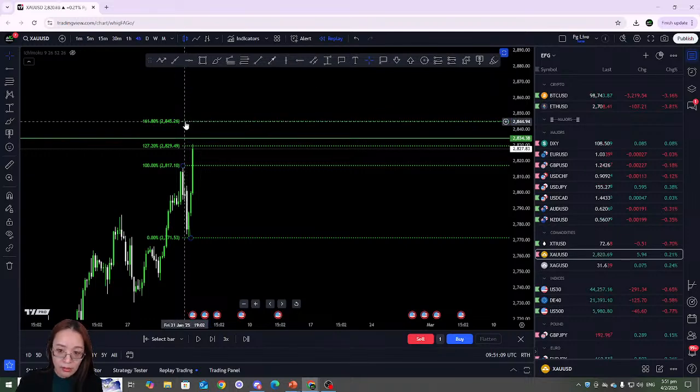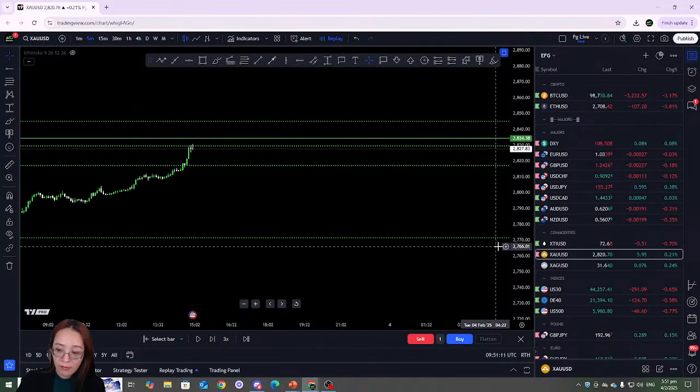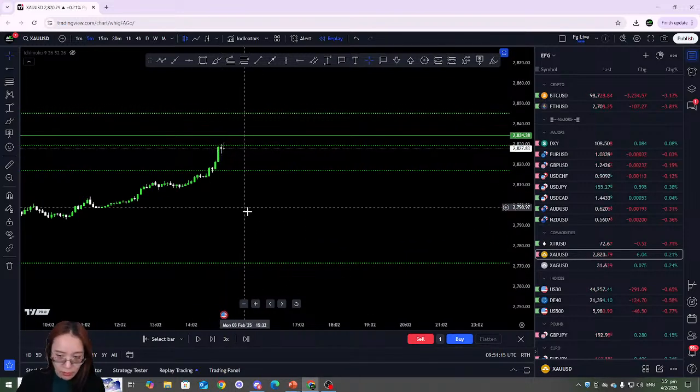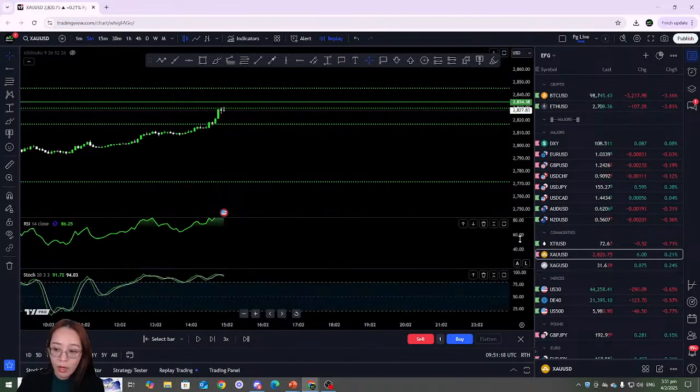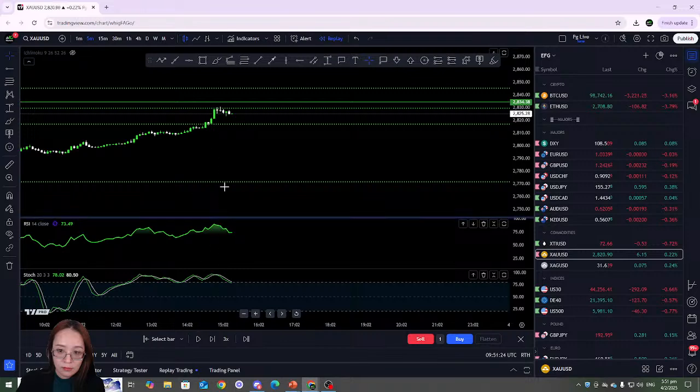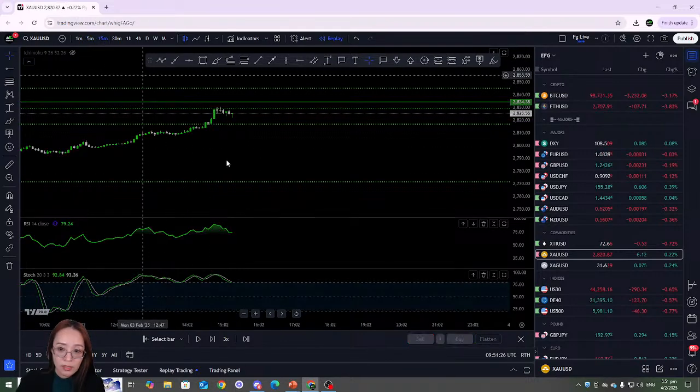Okay, now we go to the lower time frame, which is yesterday. You will see that I saw the confirmation price action. Okay, you can pull out RSI. What do you see? Overbought, right? You can see the overbought, and then you can see you sell, and then after that price even goes